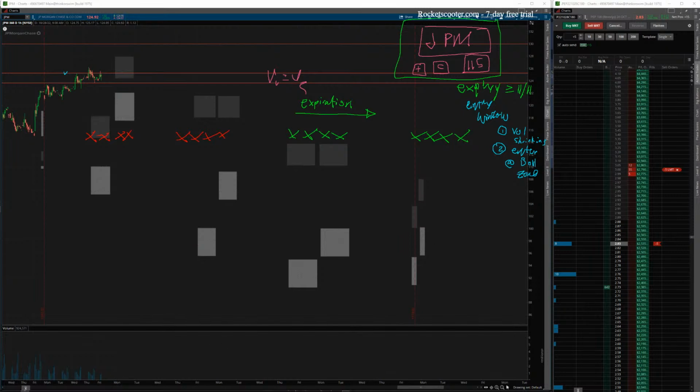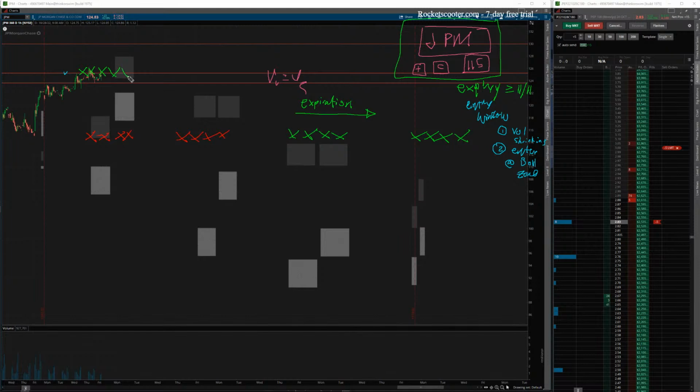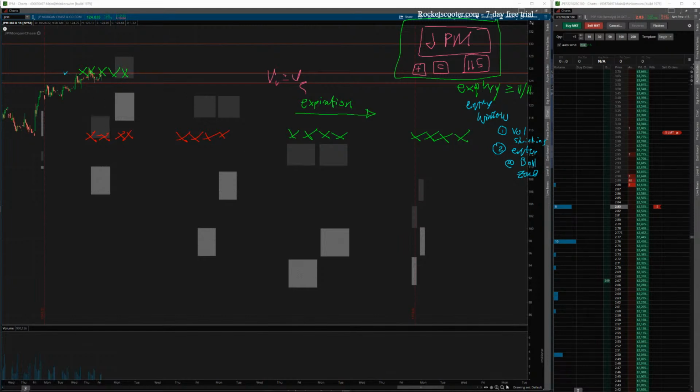Okay, so my entry window is when is a good time for me to enter, like when I should push the button. I should push the button when I have one of two things. Volatility is shrinking, so volatility is expanding, so the answer is no. I need to enter right here because volatility is smaller from here to here. So long a call, I don't want to push the button here because it's becoming more volatile going into Fed week. I'm going to pay too much for that option. Do you all understand what I'm trying to do?